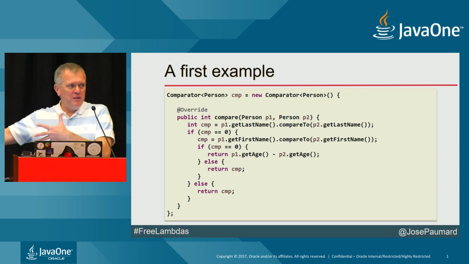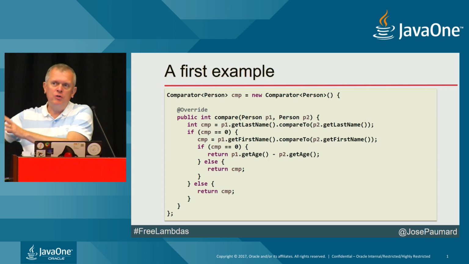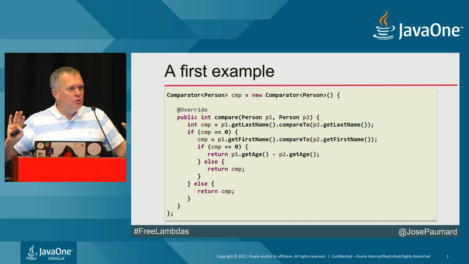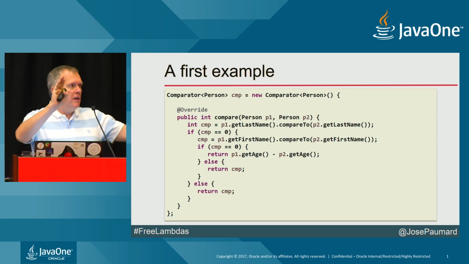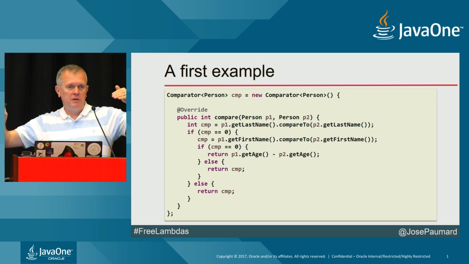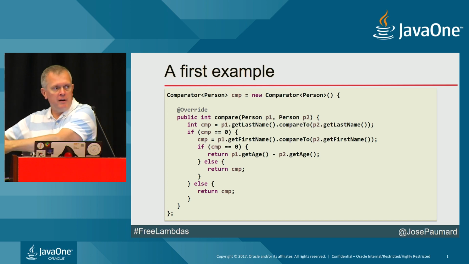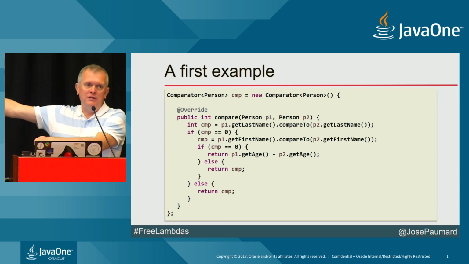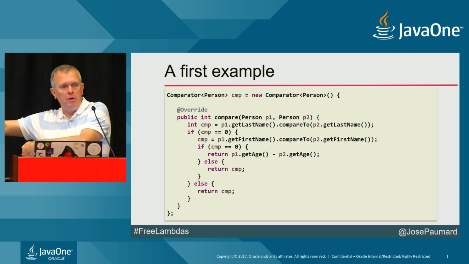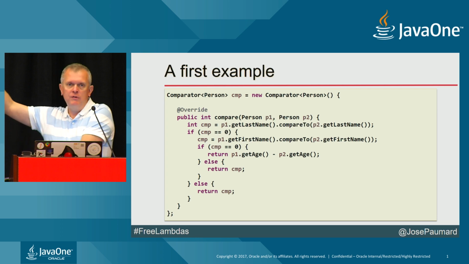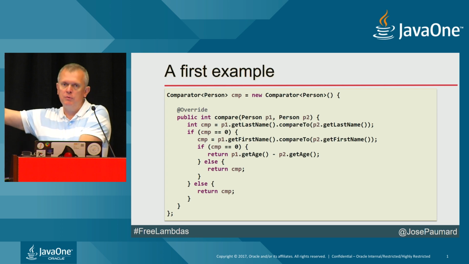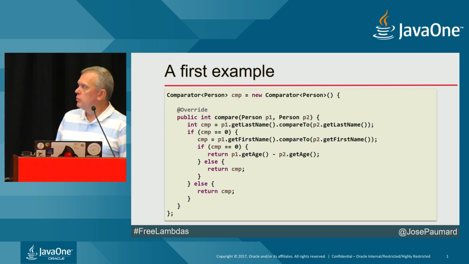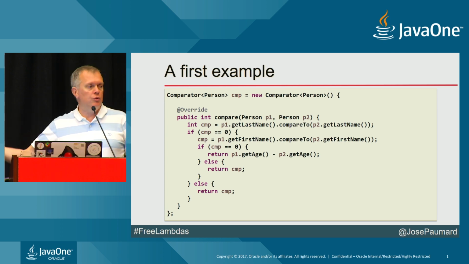Okay, so the problem with this comparator: here I am really trying to address a very simple and very classical problem. I need to sort a list of people using their last name, their first name, and their age. And every time I add a criterion in this comparison, I increase the cyclomatic complexity, I decrease the robustness, and I have a terrible mess of code that is very hard to fix if there are bugs in it. So this is exactly what I do not want to do, and this is what we're going to address using